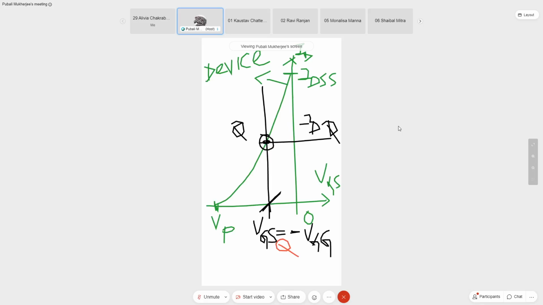So from there, two concepts. One is at VGS equal to VP by 2, pinch off voltage by 2, we have ID equal to IDSS by 4. That is one demarcation. The second, we'll see its significance in due course. By using Shockley's equation, we drew the transfer characteristics, and at a point VGS equal to VGSQ we drew the straight line equation, which is called the network line.